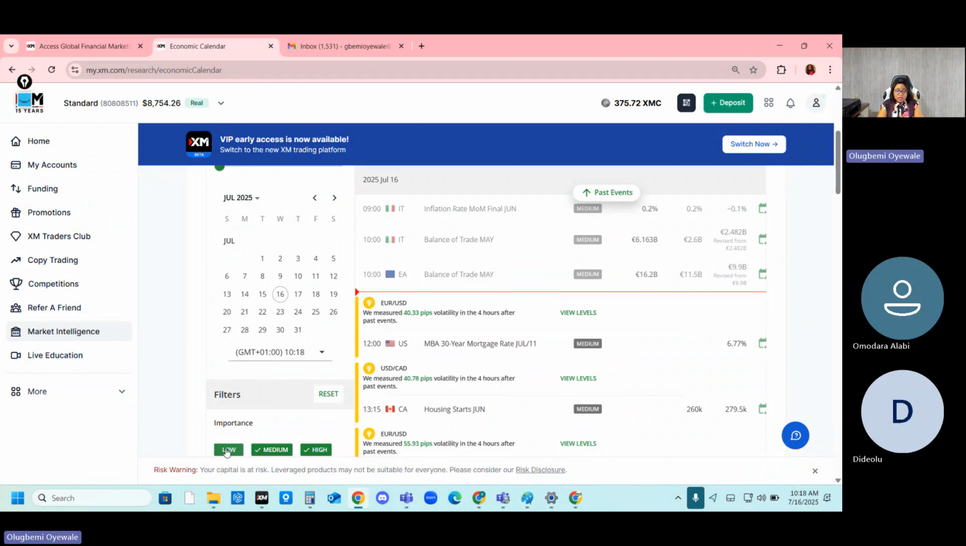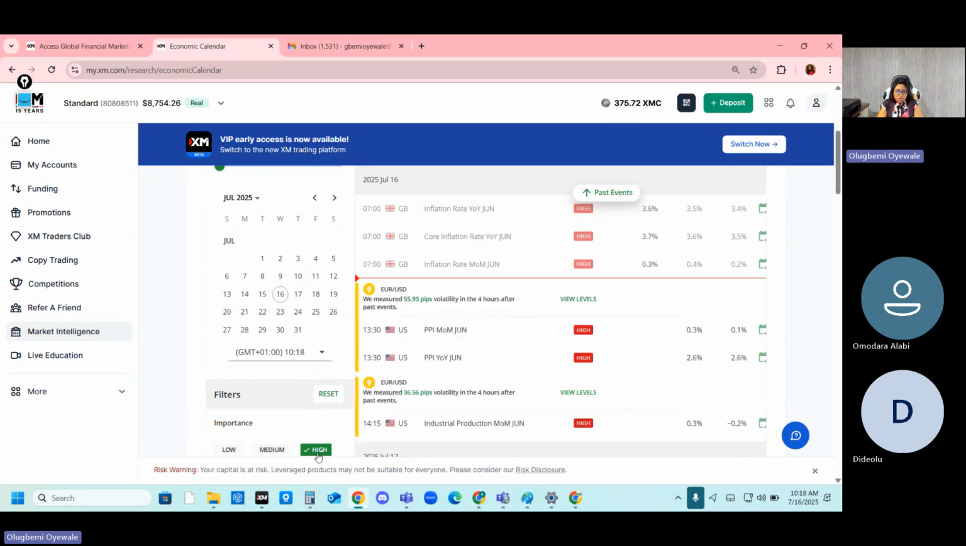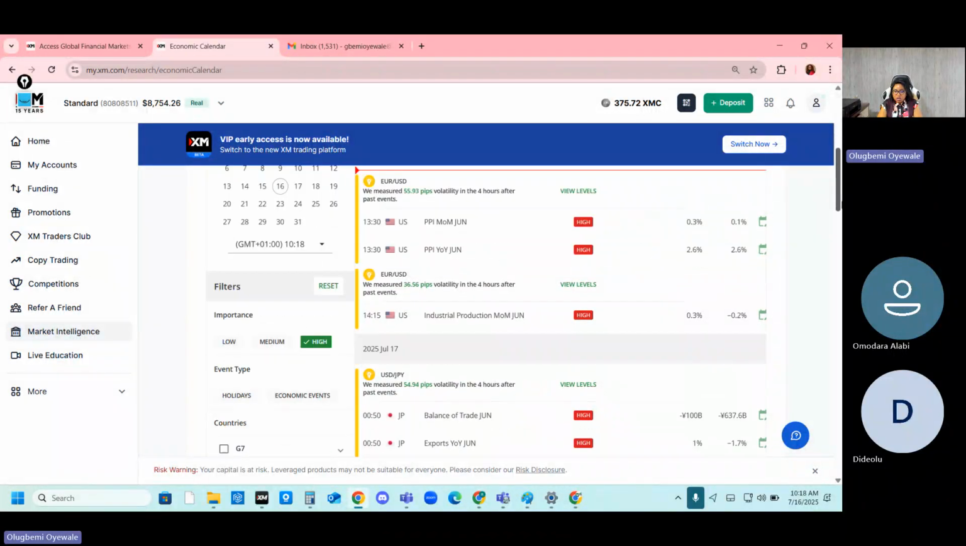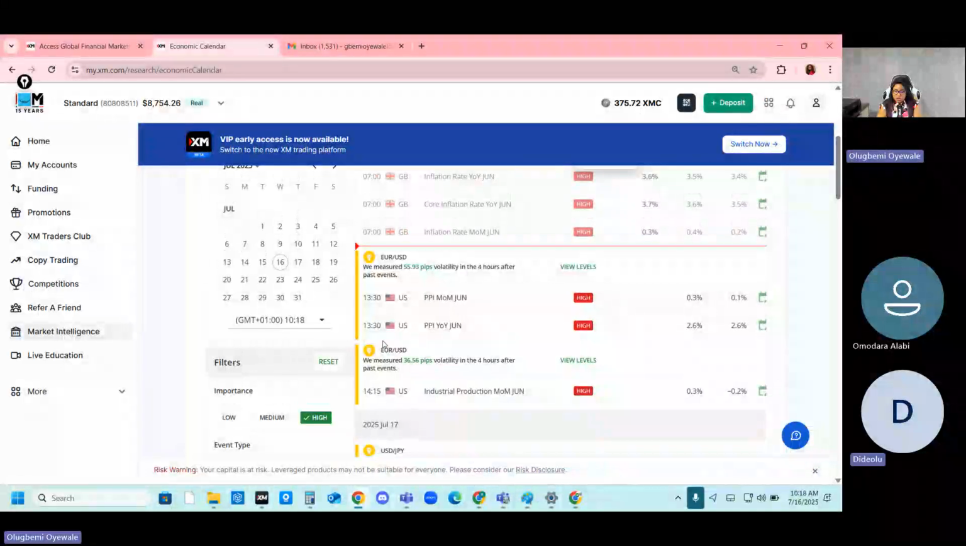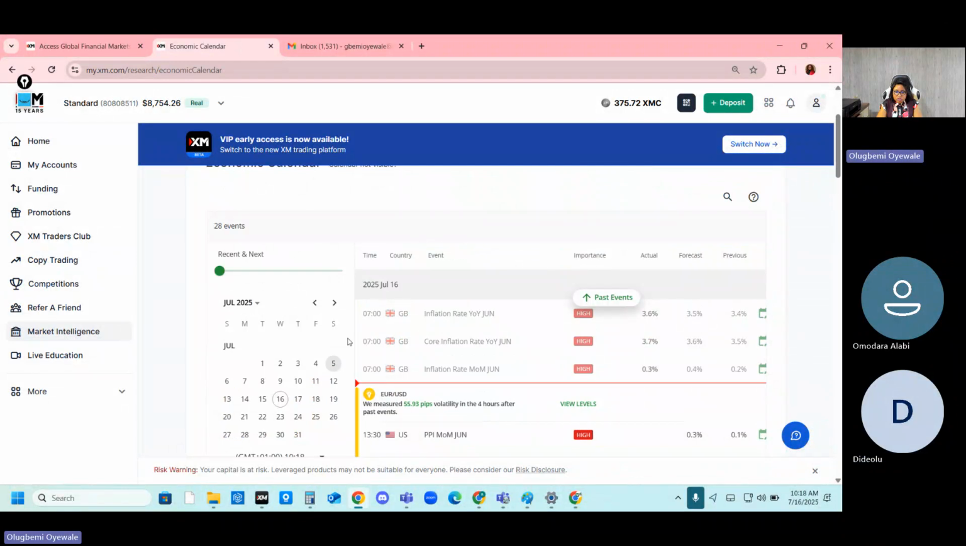I can filter to see everything. There's also low impact news, but I don't bother about that. I also don't bother much about medium impact. So I'm just going to focus more on high impact. Now, if I see the high impact, let's say I'm a day trader, I'm focusing on just today. What high impact news do we have today? Mainly the US dollar. Earlier today, we had something for GBP, or the UK,